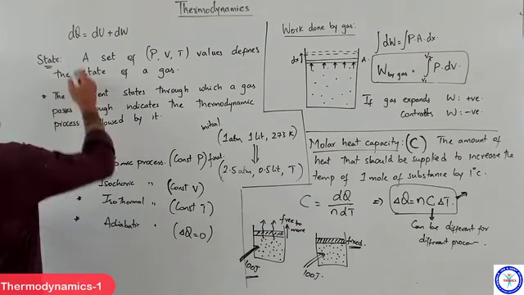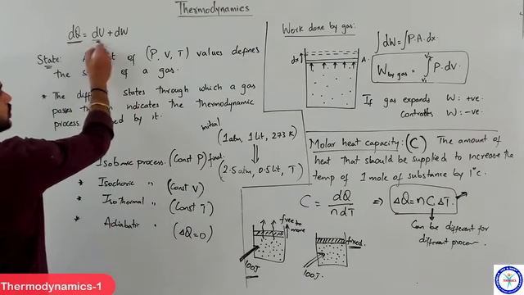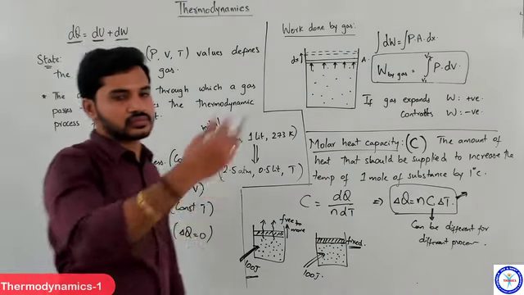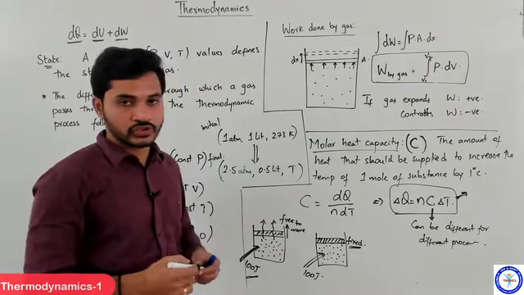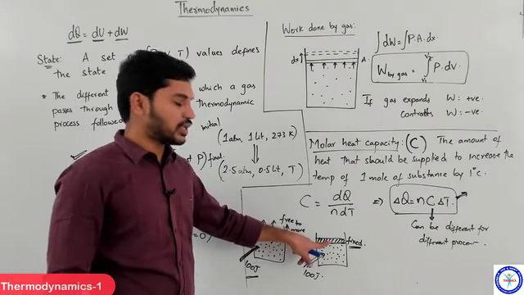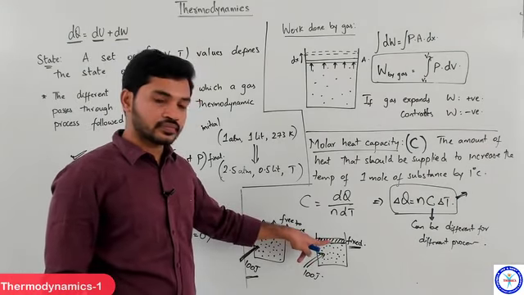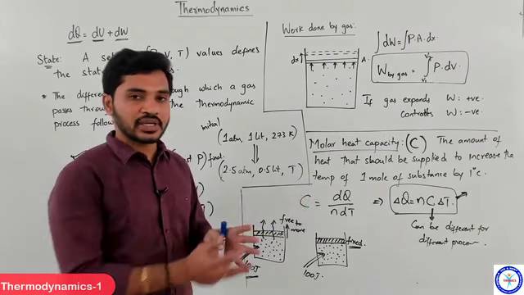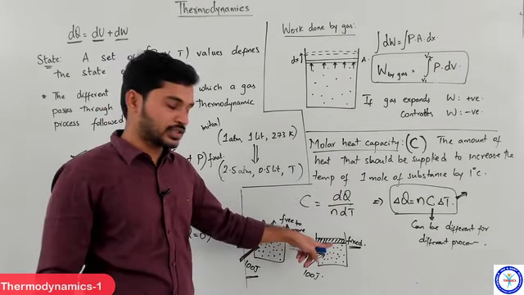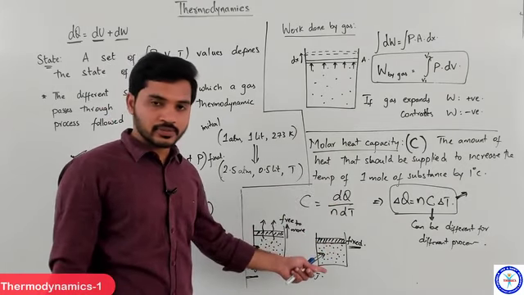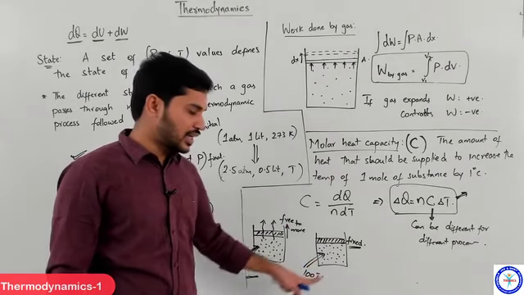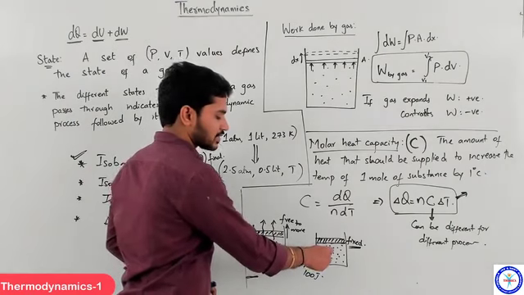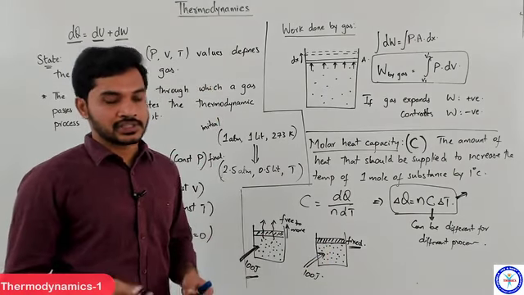So whatever heat that you are giving will be utilized either to increase the internal energy or to do work on the surroundings. Whatever the surrounding, in this case the atmosphere, right? But here, because the piston is fixed, and you know that whenever work has to be done, there has to be an expansion or there has to be a displacement of the piston, right? So in this case that is not possible, which means whatever heat you are giving, 100 joules of heat, all the 100 joules will be utilized by the gas to increase its own internal energy, right?